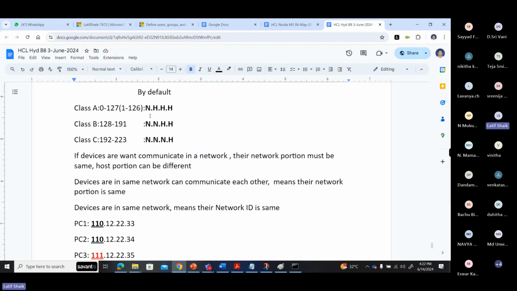How is it? IP addresses by default have a network portion and a host portion. If both devices' IP address matches,